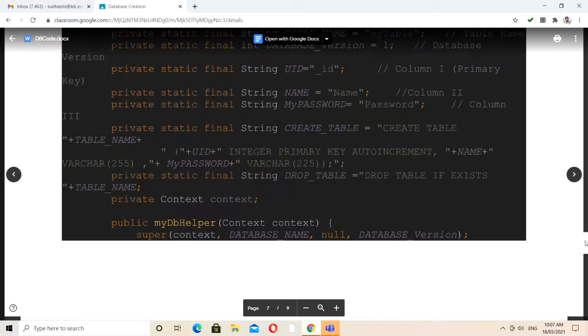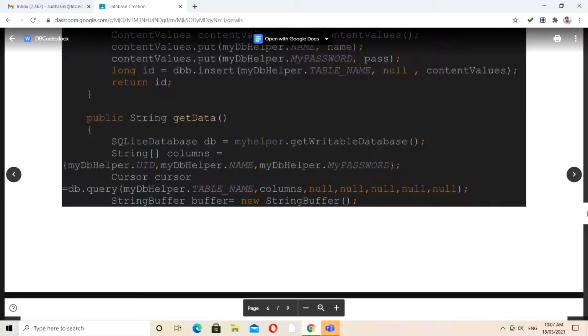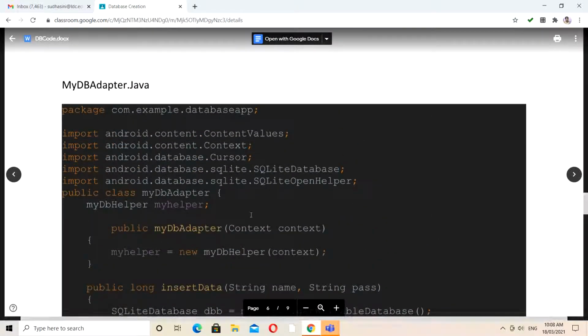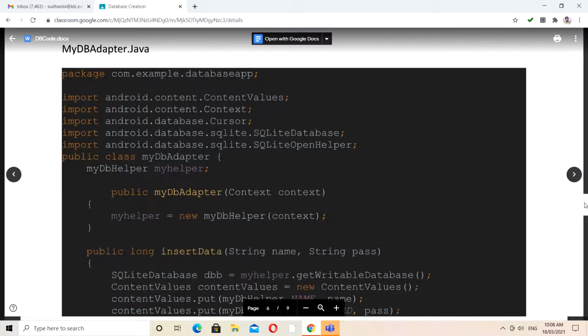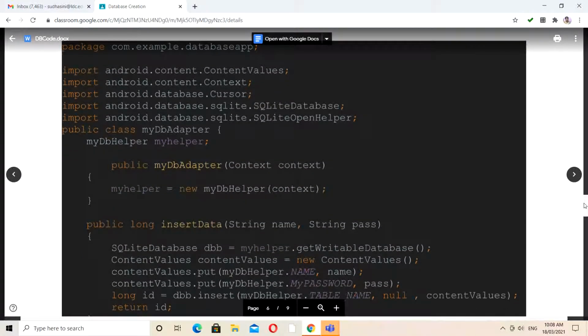And then what we have seen is this is the MyDBAdapter.java. Within your MyDBAdapter the entire database operations are there, but it's still not fulfilled by activating it with user interaction. So this is the core concept of how your database is going to be activated within your MyDBAdapter. We have the classes MyDBAdapter and MyDBHelper.